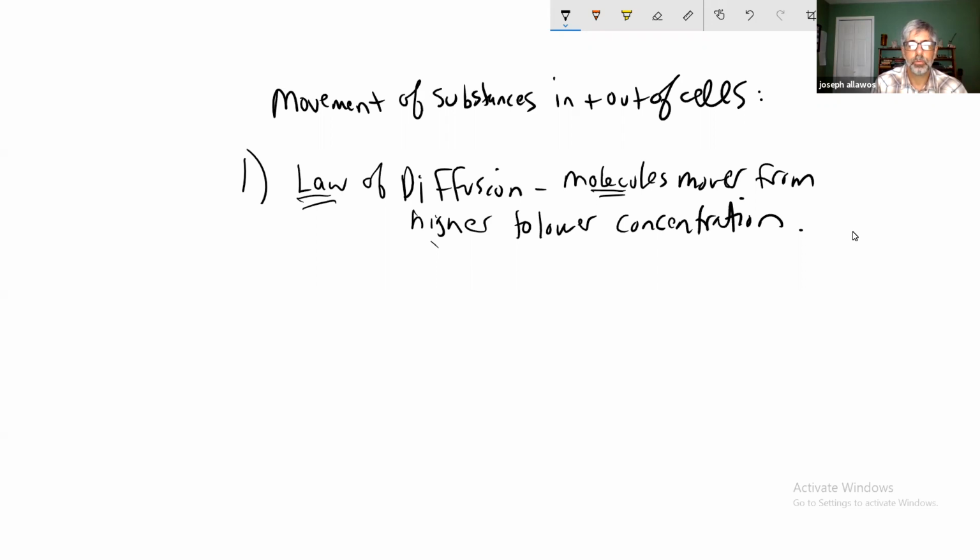So what does this mean? Well, what it means is if you have a substance where there's a higher and a lower concentration, then the molecules are going to move from that higher concentration to that lower concentration. Try to imagine, if you will, if I had a beaker here that was full of water. Or not quite full of water. And then I took some red food coloring and I drop a drop of red food coloring